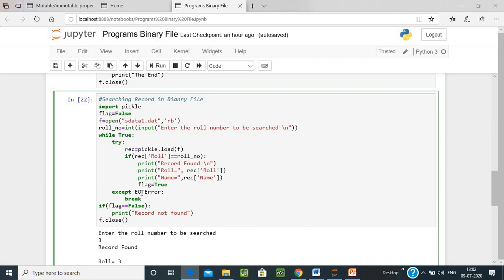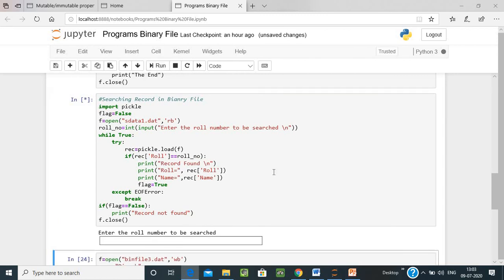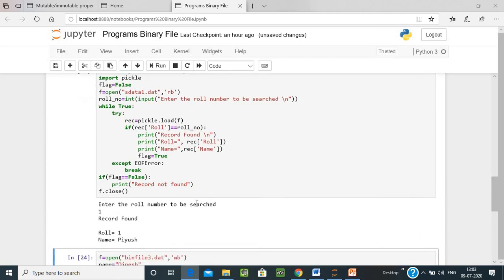And except, this is EOFError. If this error occurs, then break. Now in the last line, if flag equals false, it means we have not found any record in the file, and f.close. So run this program. If you want to search 1, then roll number 1, Piyush.